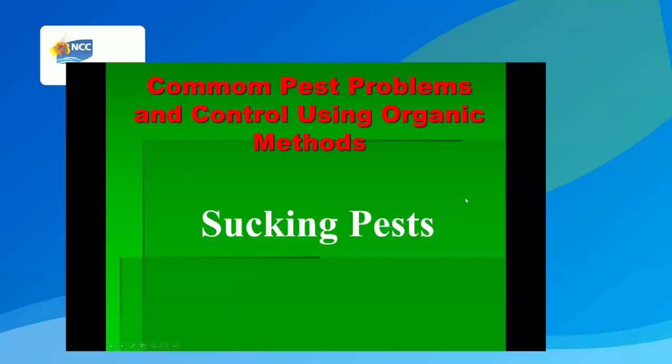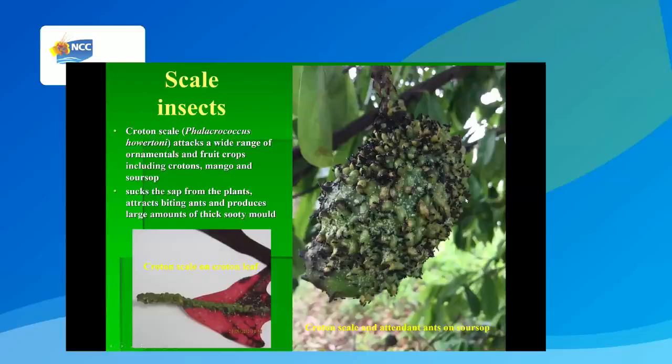First, let's look at the sucking pests. Okay. First, we look at scale insects. Now, these little creatures attach themselves onto the leaves and even fruit. The picture at the right shows a soursop. You can hardly tell it's a soursop, but it is infested completely with a type of scale, and this type is called the croton scale, which was